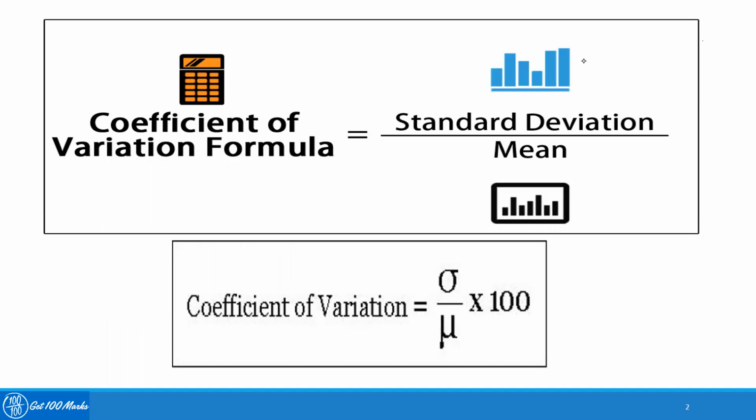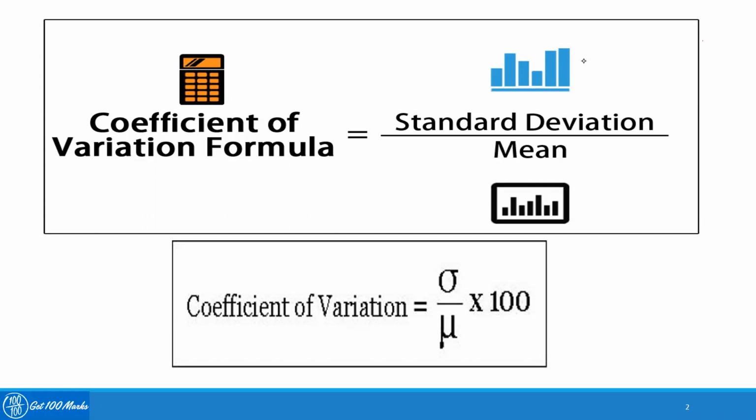Coefficient of variation is a very important statistical measurement which gives us an idea whether the data is consistent, or whether a person is consistent in his performance, or whether there is a lot of variation in his nature or in his performance. Or even suppose the share price of a company, when we are comparing two companies, we can easily see which is more risky, which is less risky.